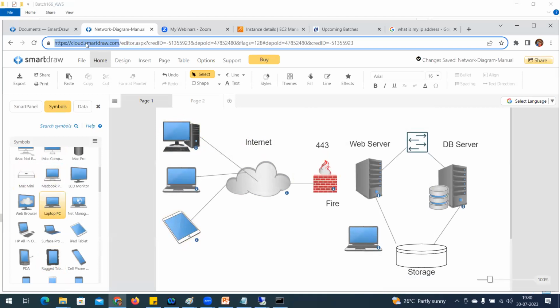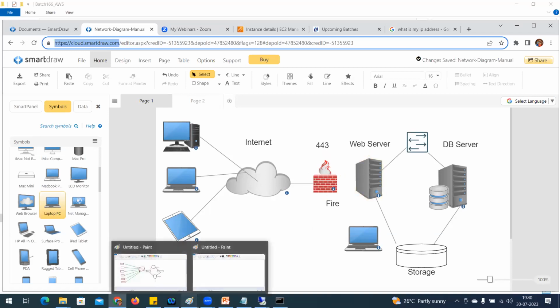From the cloud. Where is this hosted? On the internet. How am I accessing it? Simply by using the service of this drawing application over the internet. Cloud computing is so simple to understand: whatever service you are looking for, it is available on the cloud. Any doubt on this? What is cloud computing? No, sir.